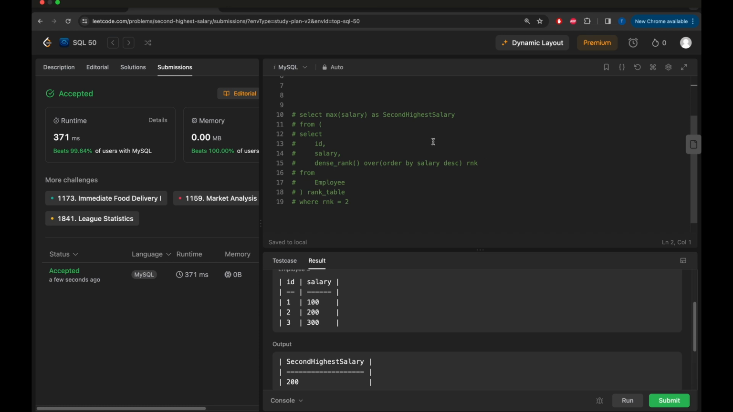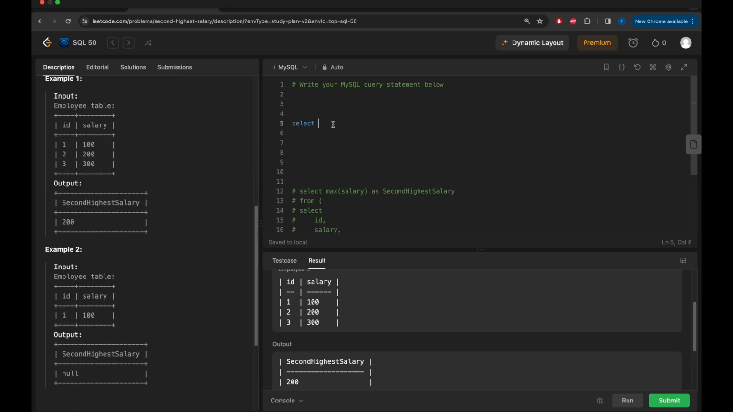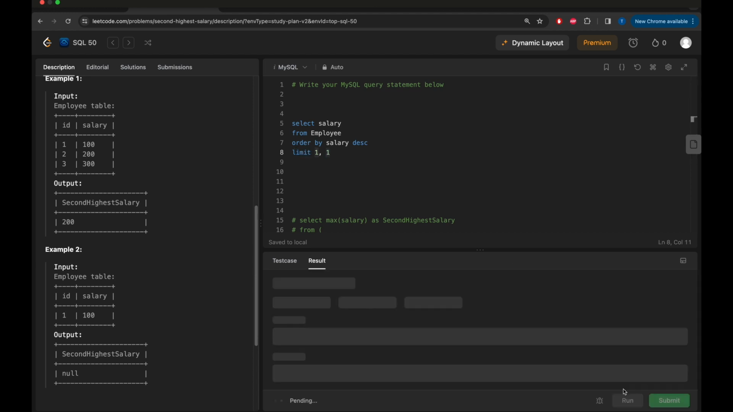There is another way to solve this without using dense rank. Let's take a look at the description. So I'm going to select salary from employee. We order by salary in descending order, limit 1, 1. So what does this row do? The limit 1, 1 here, this is the offset. So in here, limit offset 1, we will return the row number 2, 1 record. So this is the offset, and this is the number of rows that limit returns. And if we run this,